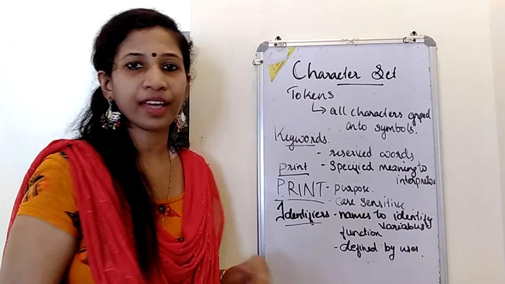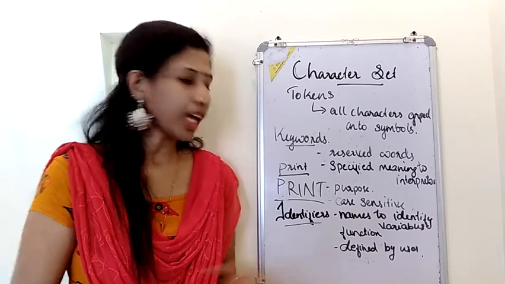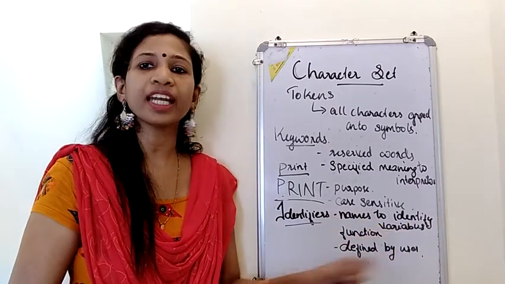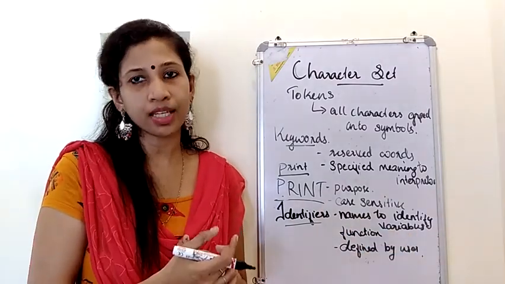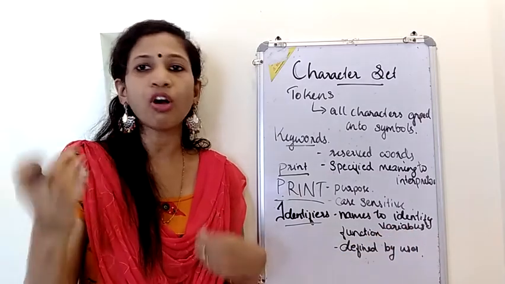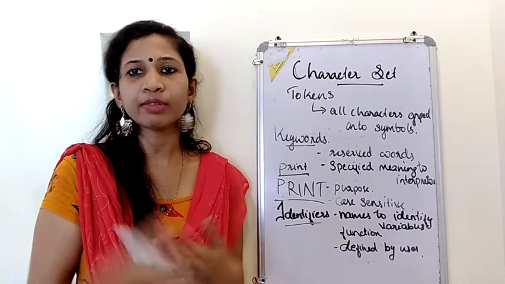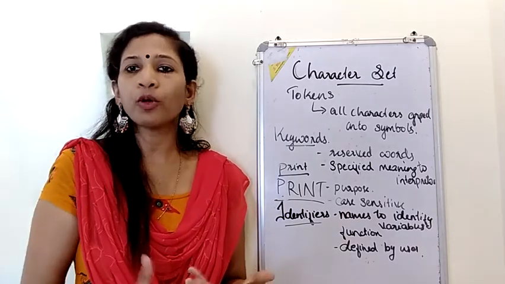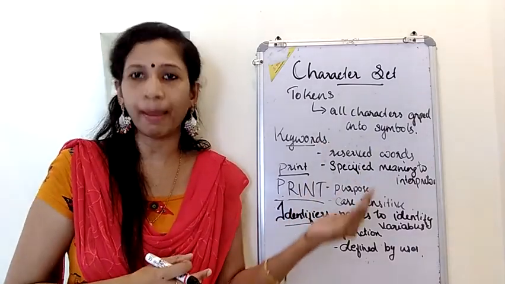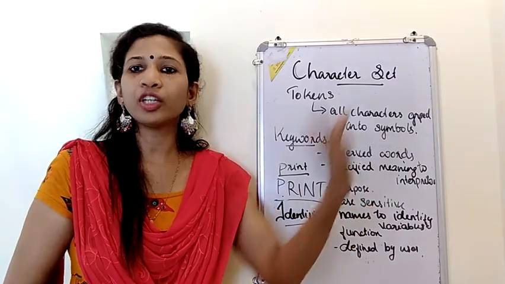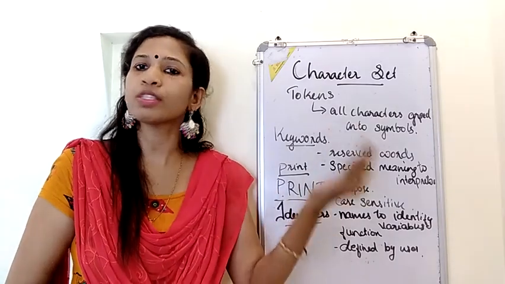Next, the second one is the identifiers. Identifiers are the names that are used to identify variables. More about variables will be discussed later. Just for now, understand that for all the programs we write, we need input from the user for doing some calculation. We have to store that input in the memory; only then can we do the calculation in the program.